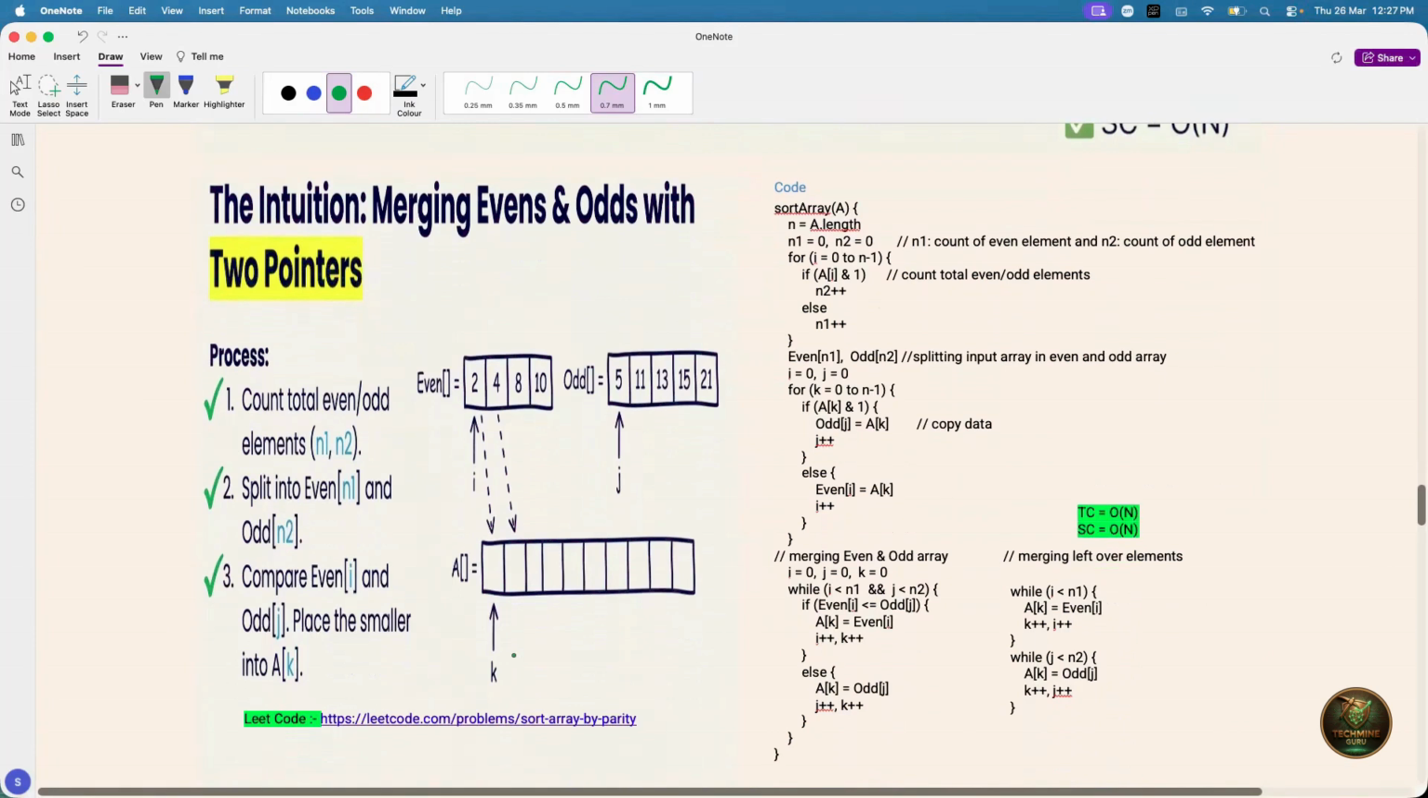When you have to merge even and odd, you will use the two pointer technique. First pointer will point to this array and the second pointer will point to this array. So the process is, first of all, you have to count how many even and odd elements are present. Suppose the total number of even elements is n1, and the total number of odd elements is n2. Now you have to create two arrays where you will split the even numbers from length 0 to n1 and odd numbers in the odd array from length 0 to n2. And finally, in the third step,